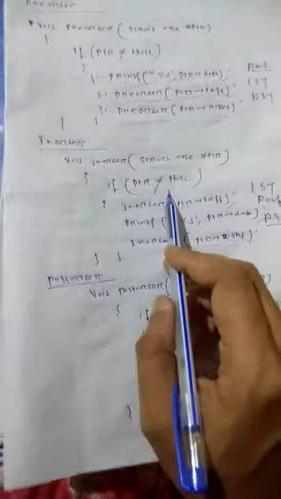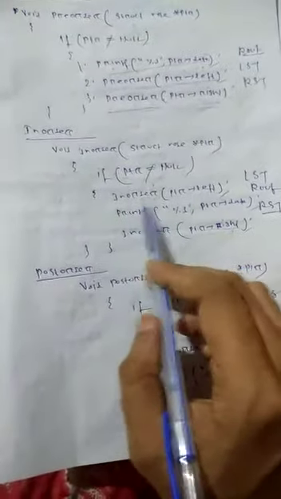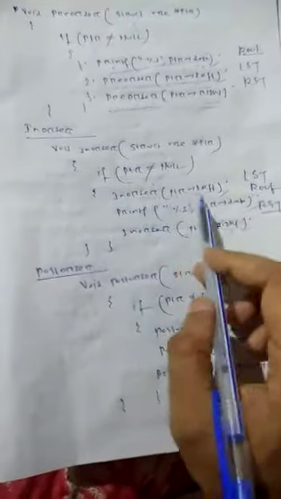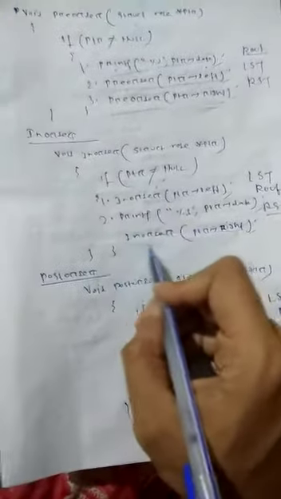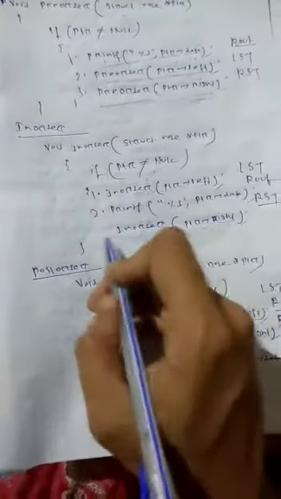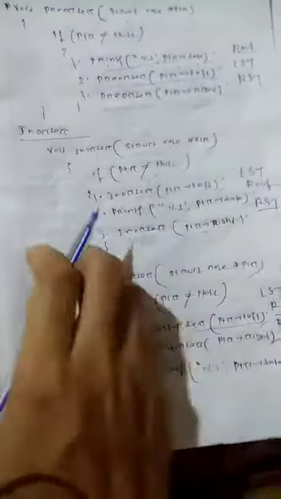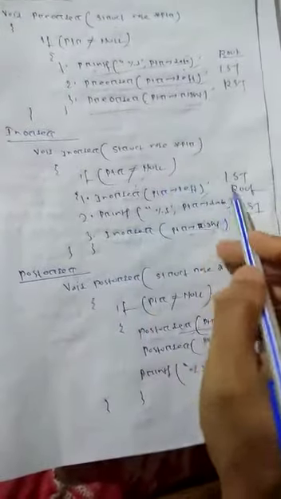If ptr is not equal to null, in-order ptr left, that is, call recursively with ptr left. That is the first step. Second step, we print the data. Next step, again call recursively with the right subtree. That is the third step. That is left subtree, then root means print, then right subtree. So the steps are left subtree, root,